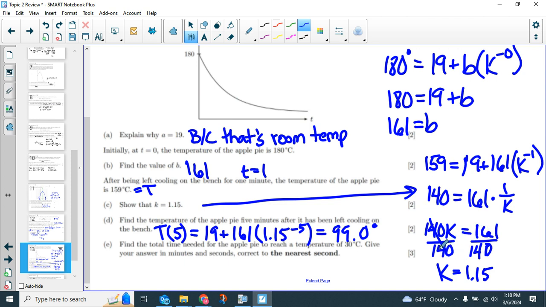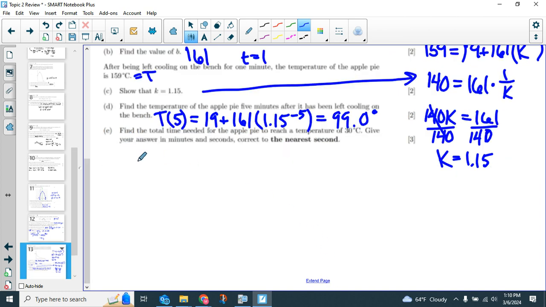All right, find the total time needed for the apple pie to reach a temperature of 30 degrees Celsius. Give your answer in minutes and seconds, correct to the nearest second. So this could be annoying, the seconds part of it anyway. Okay, so I know that my temperature has to be 30, and that's going to equal 19 plus 161